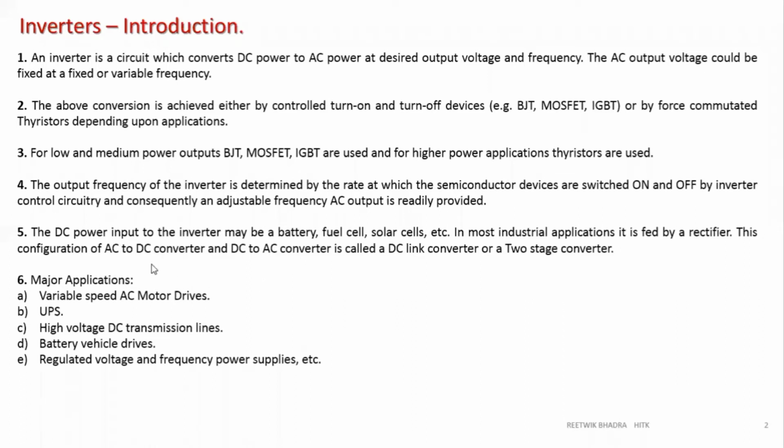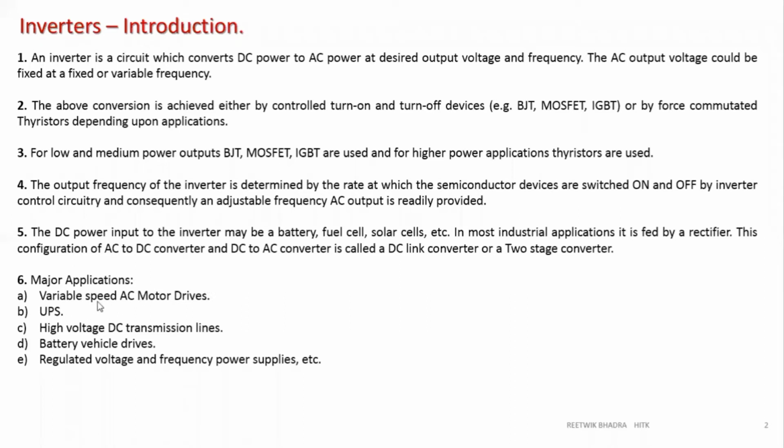Why are we doing this? Because we can control the level of voltage. In power electronics, a major application is controlling the level of the output. So we go for AC to DC conversion by a rectifier, then again DC to AC conversion by an inverter. A converter using both the rectifier and the inverter is called a DC link converter, because the AC input and AC output are linked by DC. It is also called a two-stage converter, because there are two stages of conversion, first AC to DC and then DC to AC.